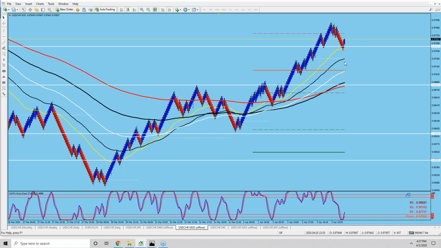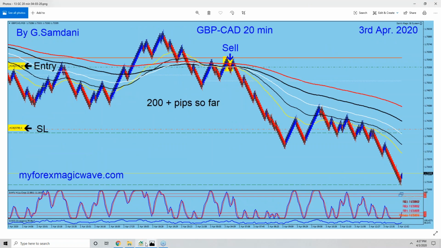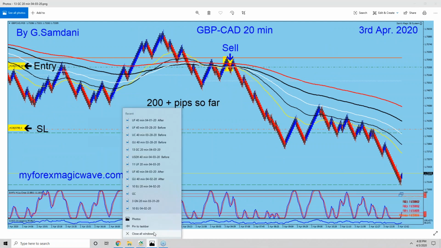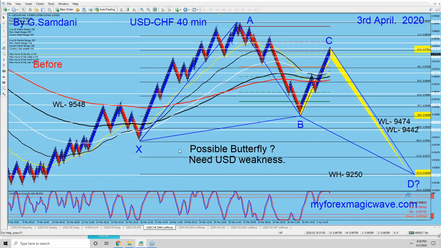So we will wait, and once the market reopens next week, it will come down here and give you a short setup. So this is one of the charts, a very good, nice and clean chart. And then you can see, let me close these because it's going to mess up my chart.